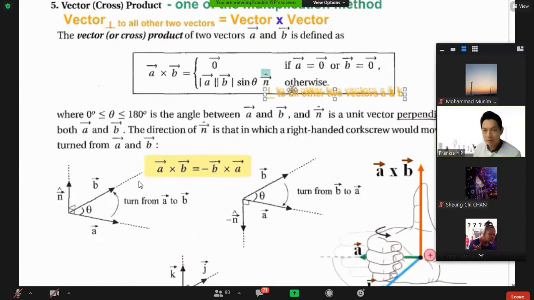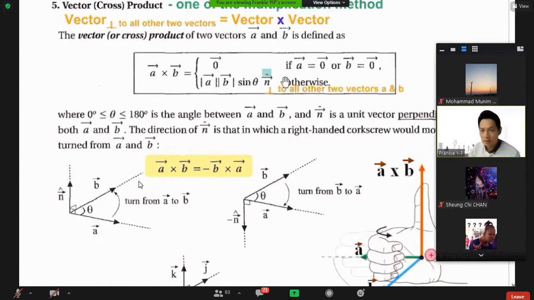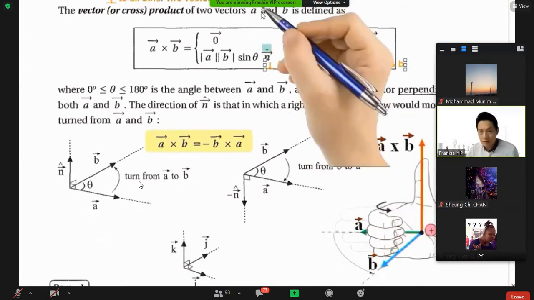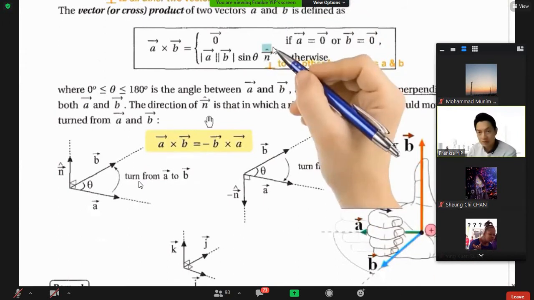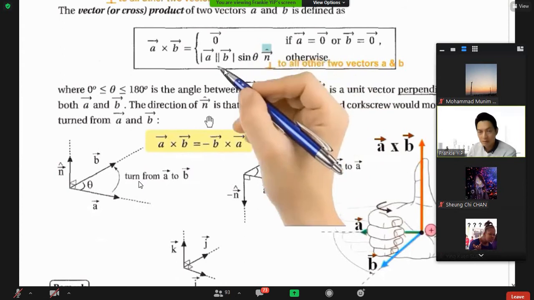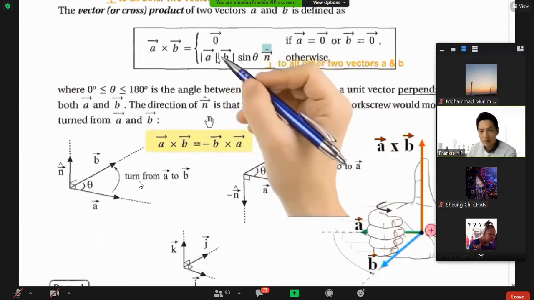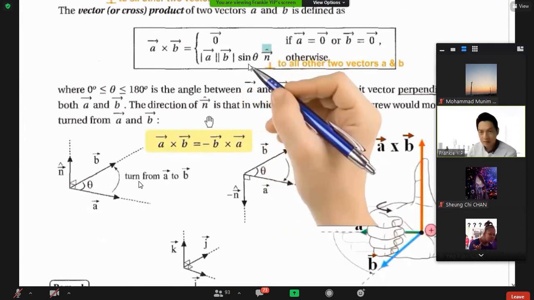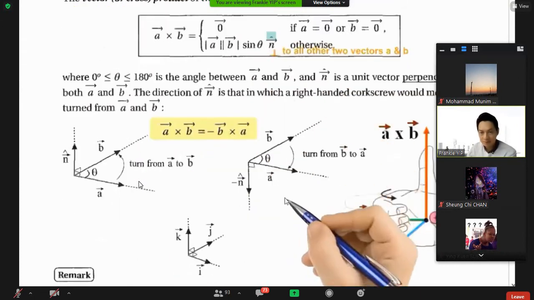And remember, once again, this vector is a unit vector. Can you see that? We have the cap over here. This is a unit vector. And the magnitude is calculated by magnitude of A, magnitude of B, and sine theta. Okay? And what's more,